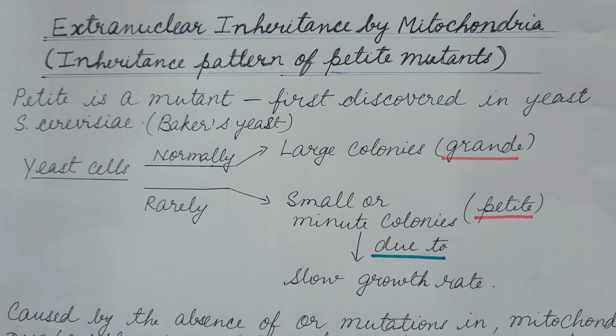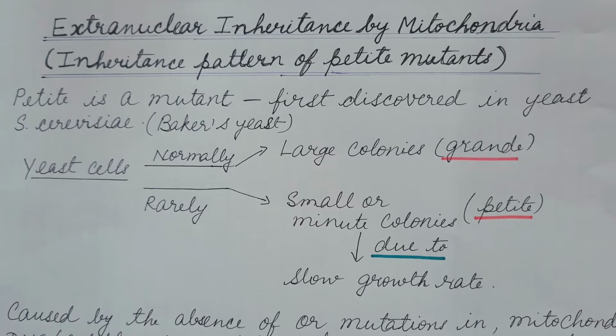Hello friends, in the last video we discussed extranuclear inheritance or cytoplasmic inheritance. We compared nuclear genes and cytoplasmic genes, then discussed the characteristics of cytoplasmic inheritance. We discussed extranuclear inheritance by taking the example of the experiment performed by Carl Correns on Mirabilis jalapa,